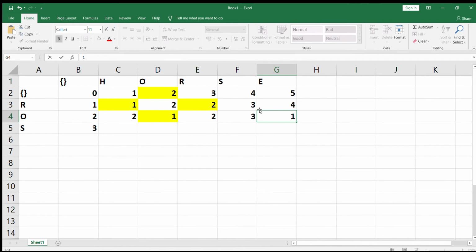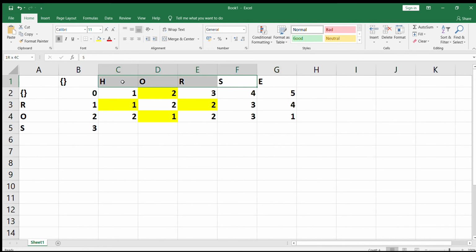And once I have handled these two cases, I mean I have handled E and O, then I need to pick up what was the minimum number of operations that was required to convert this HORS into RO. So into R. Basically, what was the minimum number of operations required for that particular transformation.